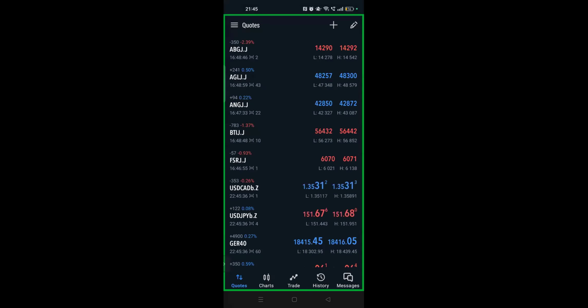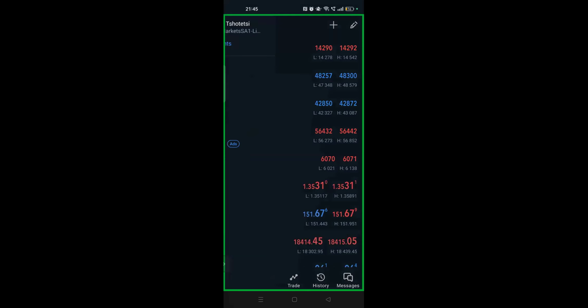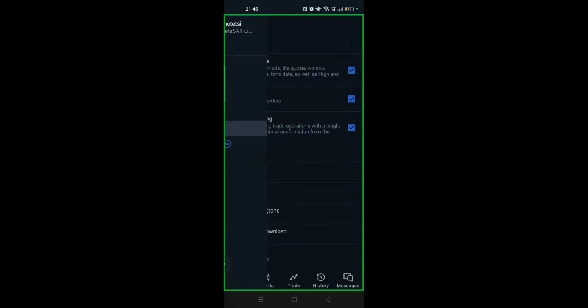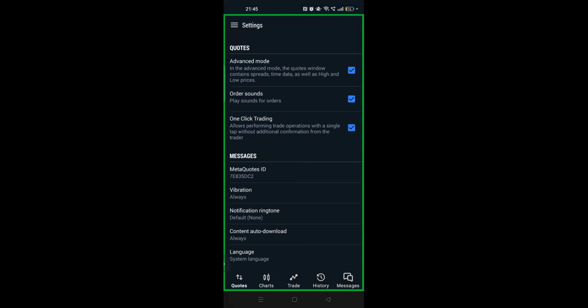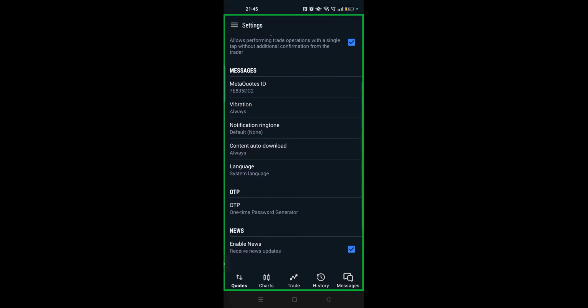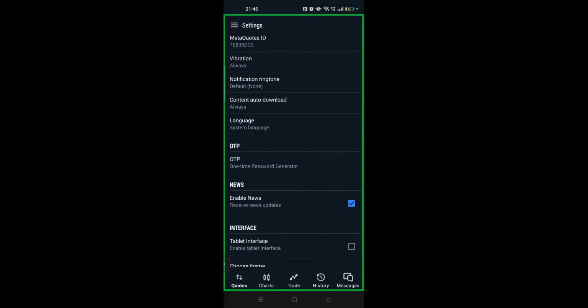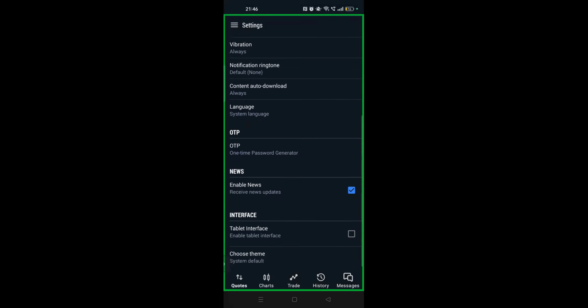Now you want to, sorry, menu and settings. Then we scroll down a little, enable news, and scroll down to interface. So how you want to see your interface. For instance, those of you that use tablet, your interface is different from mobile phone. So those of you who use mobile phone, you can also enable the interface to look like that of a